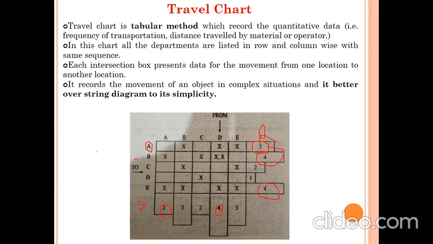Or machine B operator is moving to machine A operator. This much time is required. Machine D operator is moving to machine A operator. This much time is required. Machine E operator is moving to machine A. This much time is required. So that is the total time of machine A. You can also calculate in time or in material how many jobs are received. So you can develop this chart from the concerned point, whether it is the material point or the operator point.